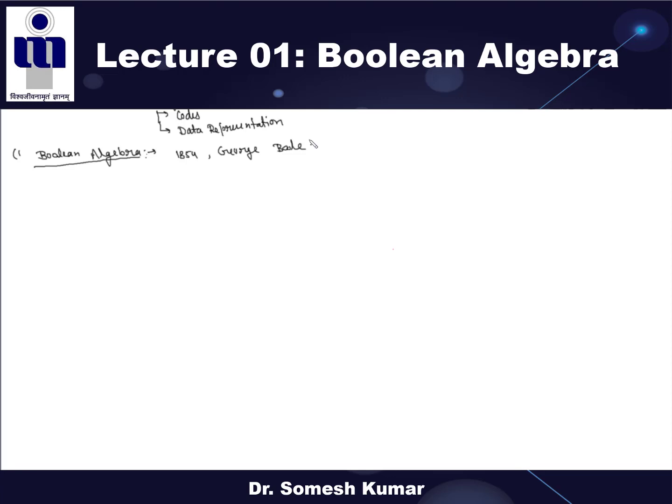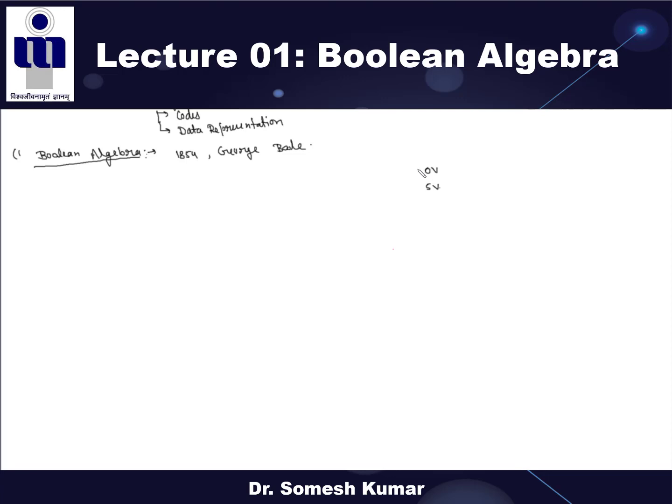For example, you know about variables: any number, X, Y, Z, where X may be 1, 2, 3 like this. But in digital electronics, the number means 0 or 1. Generally in positive logic, 0 represents the off state or the 0 state. For example, there are two levels of voltage: one is 0 volt, the second one is 5 volt.